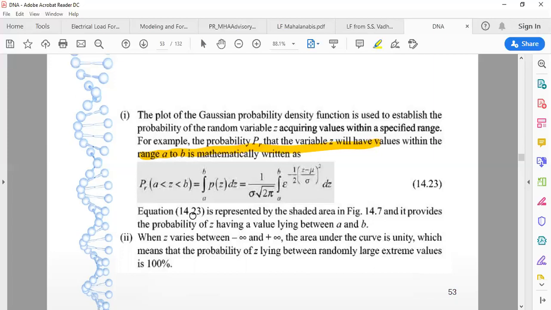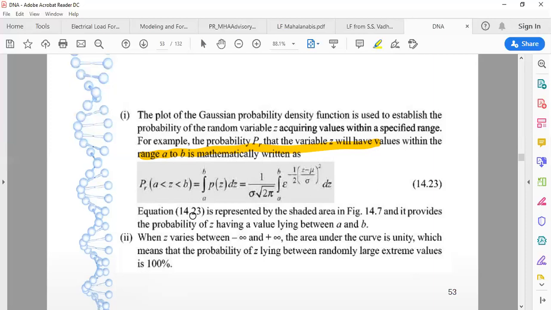Now over here the main focus is the mathematical representation. It is always difficult to represent each and every function on a mathematical basis, and that's why we more often see that heuristic search prevails day by day, because no mathematical formula is required. But finding a mathematical function after applying any kind of algorithm is very difficult. So over here the probability of value z lying between a and b is equal to the integration of p(z) dz.